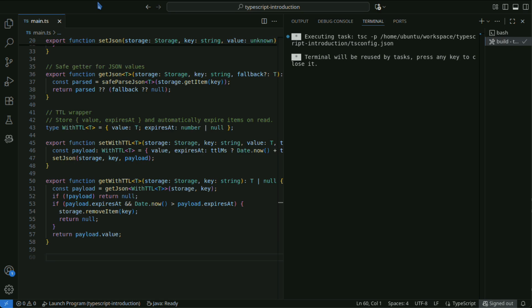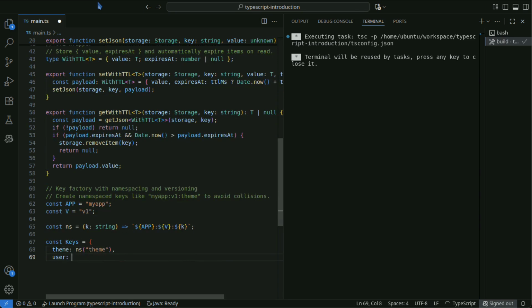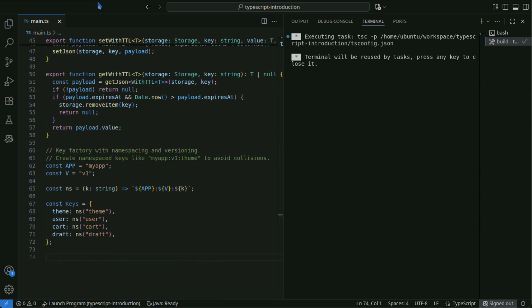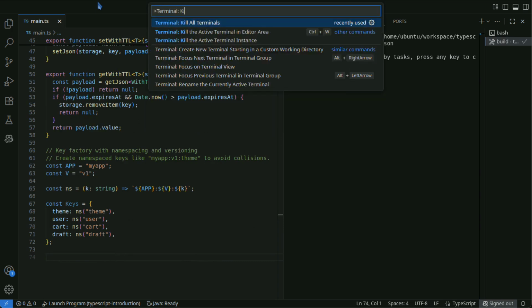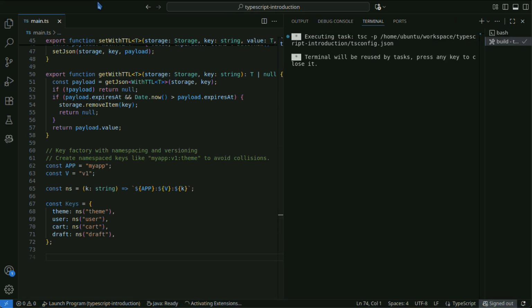Standardizing keys as prefix plus version plus name reduces collisions and simplifies migrations. Including a namespace in the key makes it easier to switch versions or perform cleanup later.